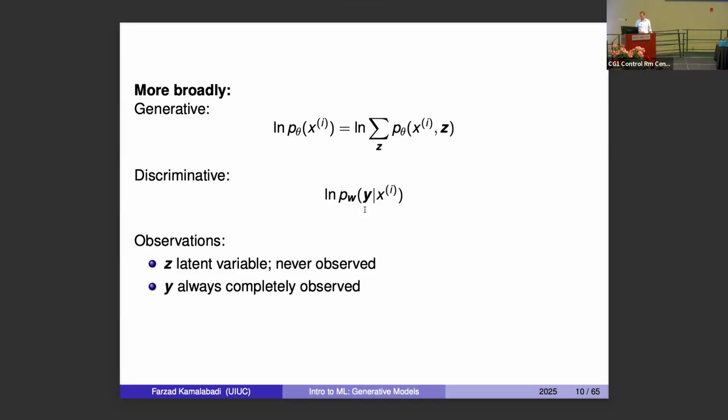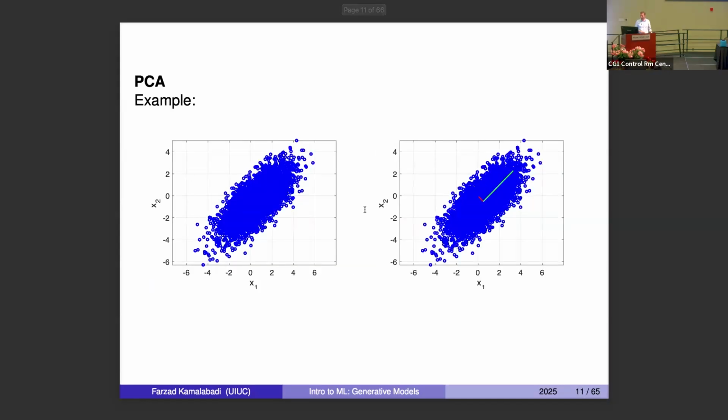Okay. And we are, again, log likelihood. We had talked about the latent variables, but I want to talk about the first topic, which is principal component analysis, which deals with the underlying conceptual idea. The goal here is that you have some data in high dimension. I'm showing you a two-dimensional example here.